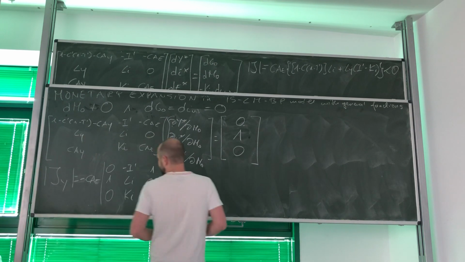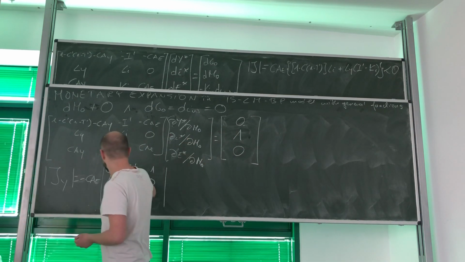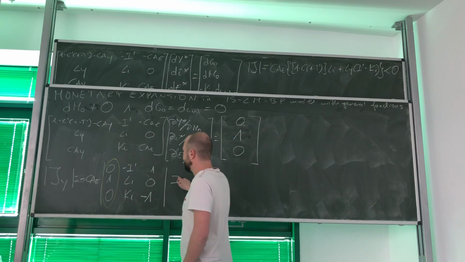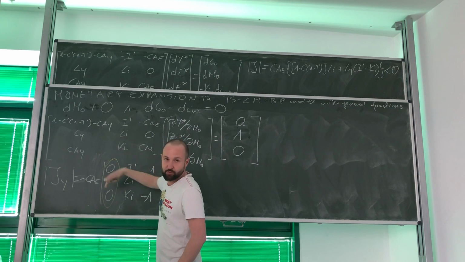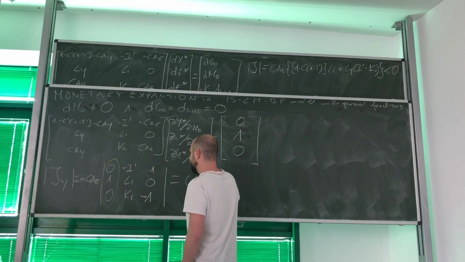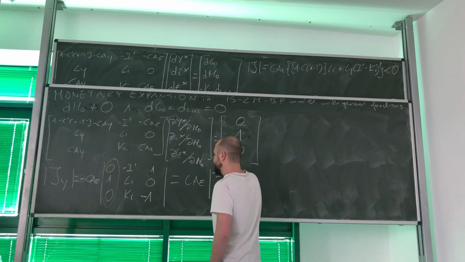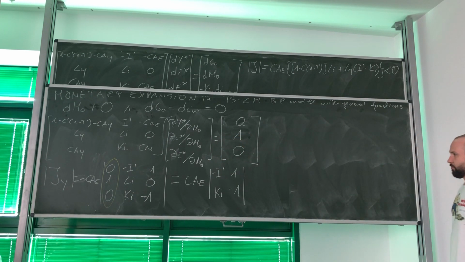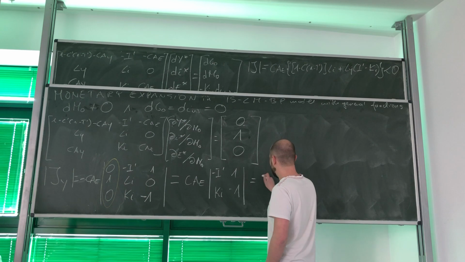Okay? And look, we clearly see that in this case we should use Laplace expansion, right? And we should expand clearly by this column. So look, afterwards, this is going to give us that here we have 1, but element is in the second row, first column, so we're going to have negative 1. It's CAE times negative I prime 1 Ki negative 1. Right? So after multiplication, we get that this is CAE times